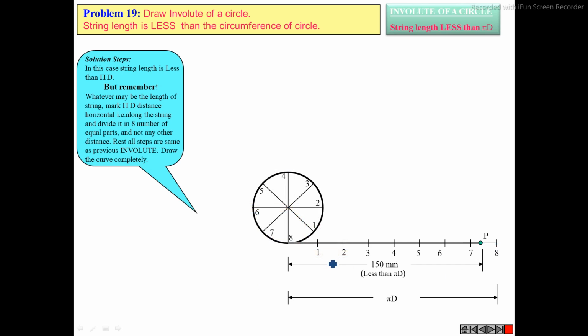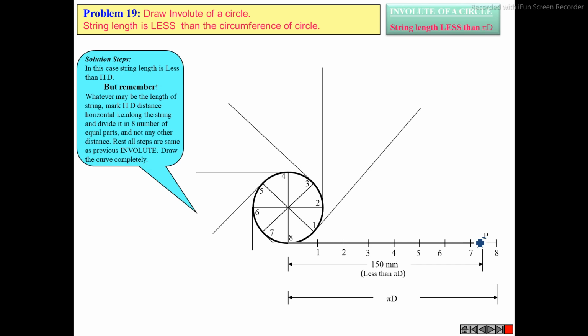Okay. And in order to draw the different locus points of the involute, what do I need to do now? I need to draw infinitely long tangent lines from all the dividing points present on the circle. These are those tangent lines. And then we need to mark the locus points. Already we have got the first locus point P. I need to get the next locus point P1. That P1 I will get on the tangent line passing through point 1 of the circle.